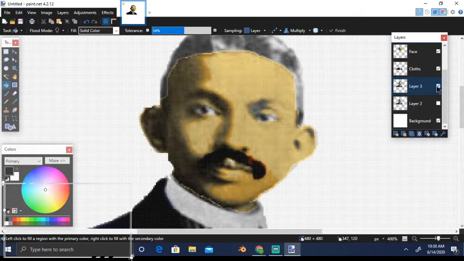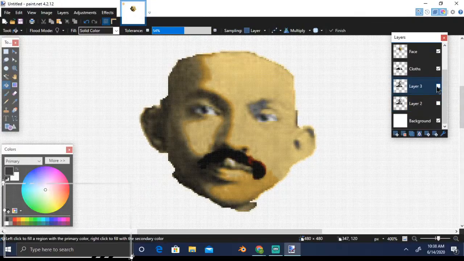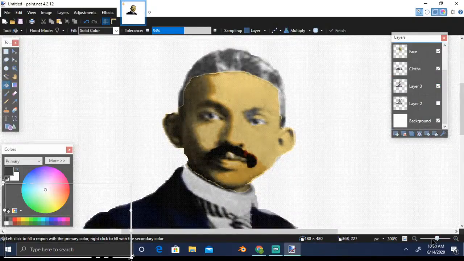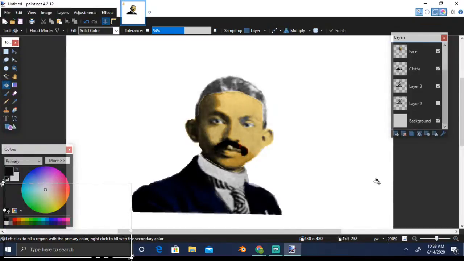Okay, so we did not color his hair. So let me try to color his hair.